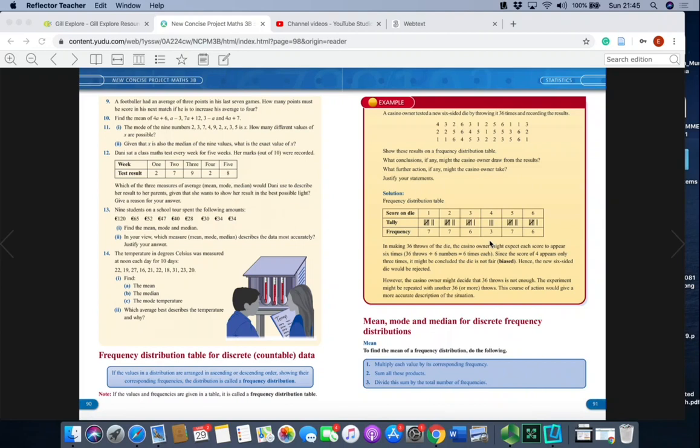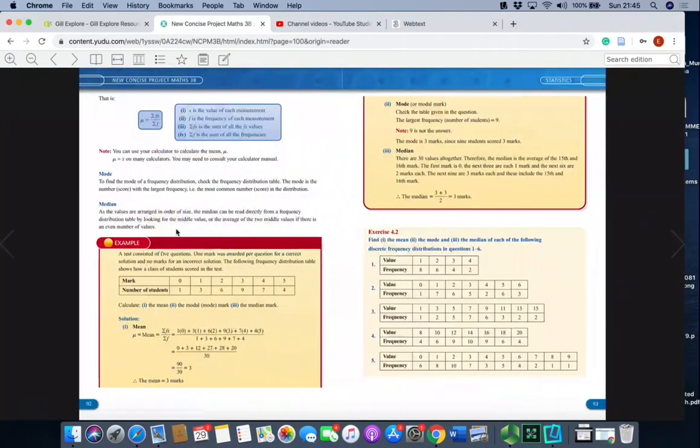Okay, so that's a frequency distribution table that you must know. It comes up in your exams quite a lot, so you need to be able to do it. So how do we do the mean and the mode and the median of a frequency distribution table? Does it change? Okay, well, let's go on and let's do